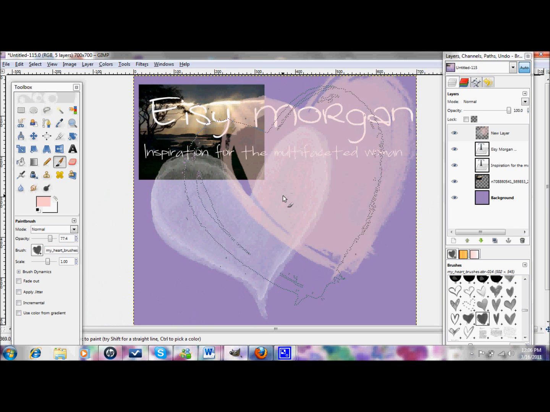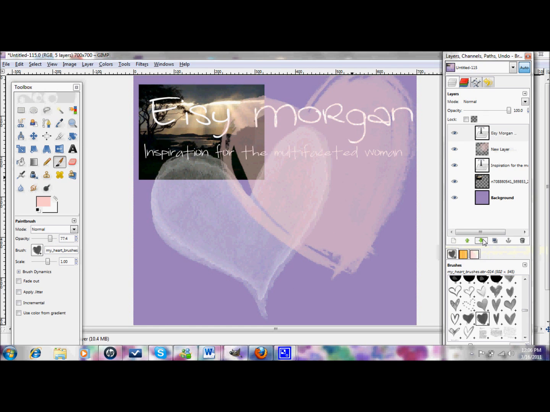Okay, but see how that layer is now covering the original text, so if you want the original text to be on top, just move that one below and now it's underneath. And you can also get the second line on top by just doing that, and now it's on the top. So okay,